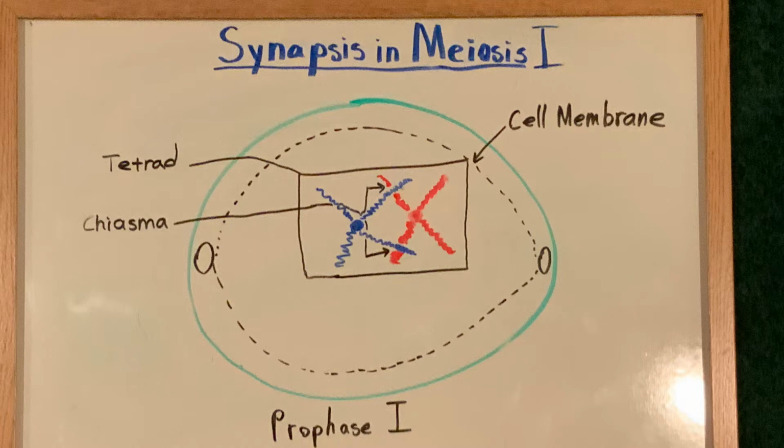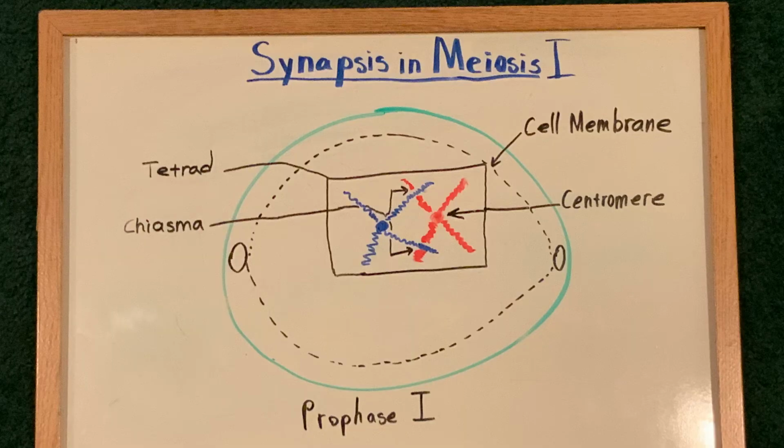Seen above also is an illustration of synapsis from the macro level between two homologous chromosomes that form a structure called a tetrad. An important part about this diagram is that both these chromosomes contain a centromere, where two sister chromatids are formed together as one chromosome.